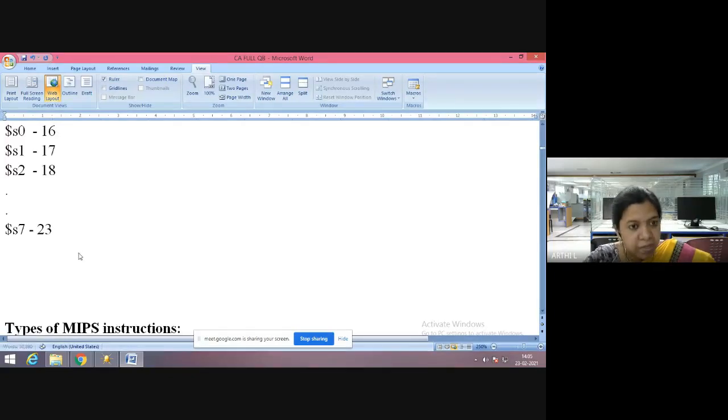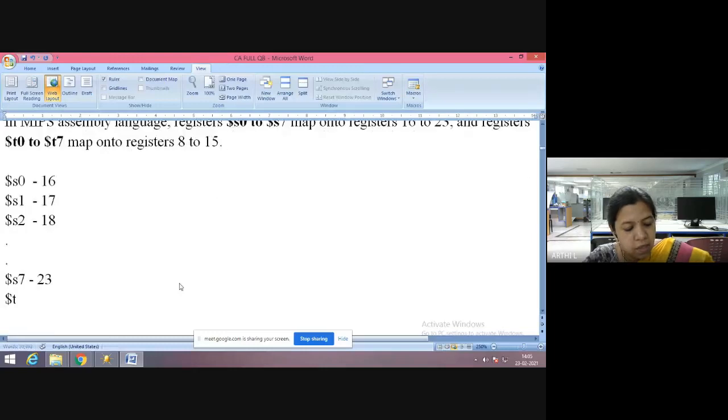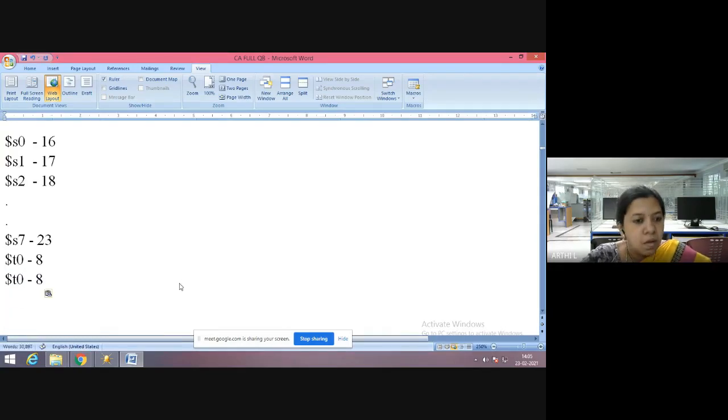Similarly, next look at T, not S. Dollar T0 will be 8. Dollar T1 will be 9. Okay, so you have no other go, you have to mug these values. Just mug these values.